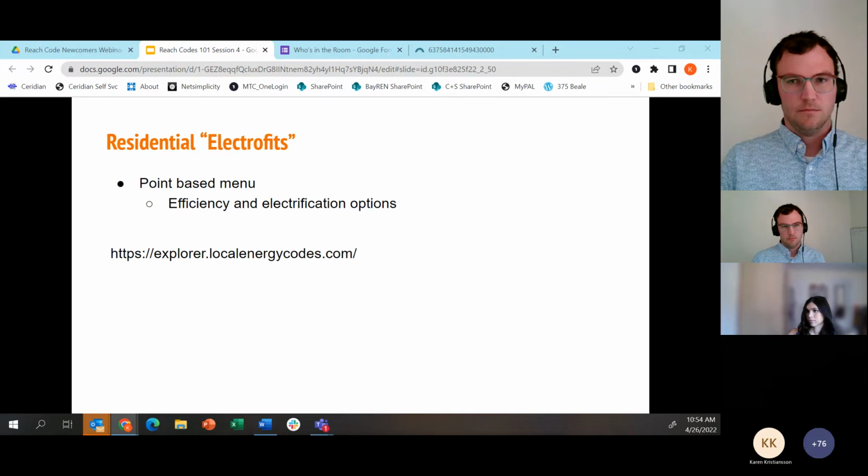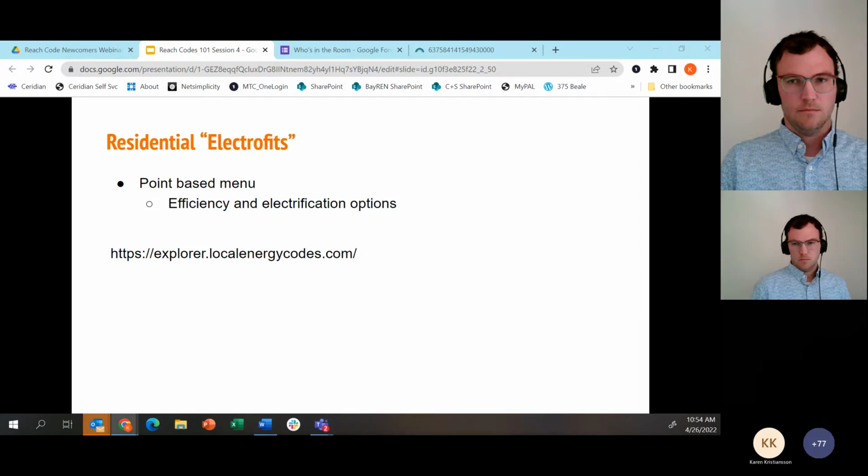Residential retrofits or electrofits, as some are calling them, are one option that has effectively taken shape through the same process of a traditional Part 6 based reach code, to focus on when a retrofit is actually occurring in the low rise, single family or very few building types, really.